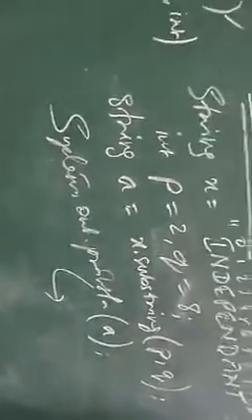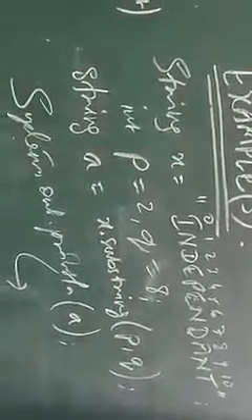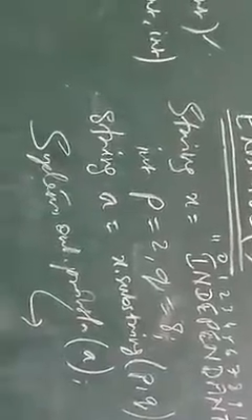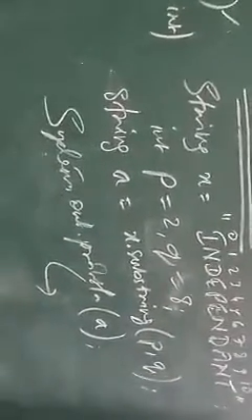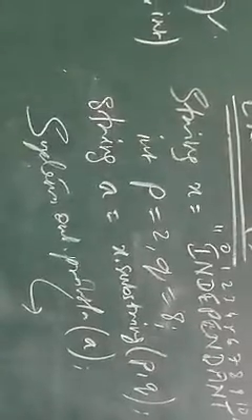So when I use this, what exactly is the answer that you get? What is the answer that you get? Now remember p is the start index, and q is the end index, not the last, but the end index. What does it mean here? It means that we are trying to extract a part of the string x, that is independent, part of that word, starting from index p and up to index q, including index p but excluding index q.